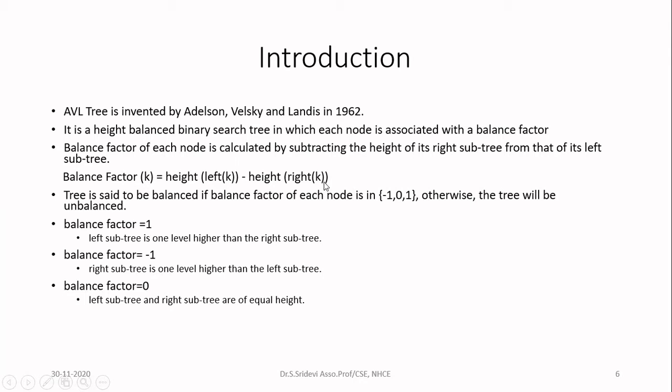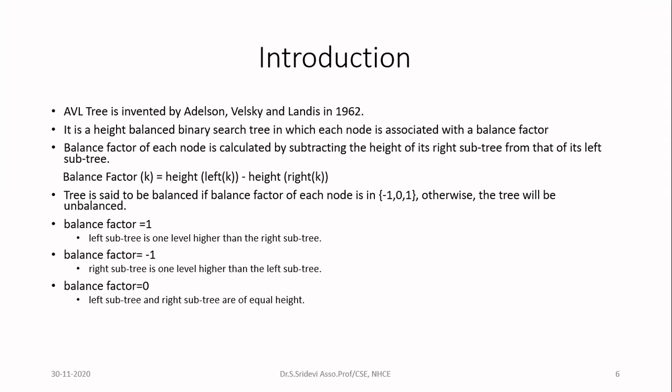Once you calculate the balance factor, based upon that value you are going to tell whether the tree is balanced or not. To say that the tree is balanced, you have to consider the balance factor of all the nodes in the tree, and they should have a value from a set of 3 allowed numbers. You can allow the balance factor to be either -1, 0, or 1. If any node in the tree has a balance factor other than these 3 values, we say that the tree is not balanced. If it is not balanced, we have to start balancing the tree by means of something called AVL rotations.